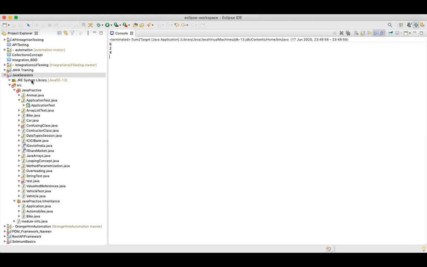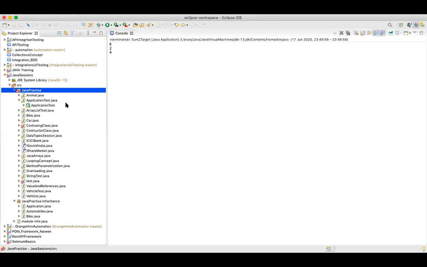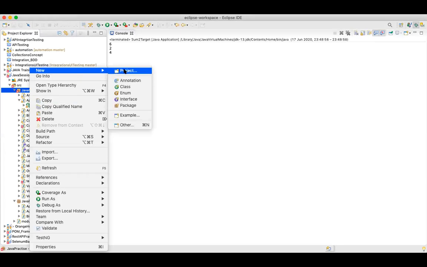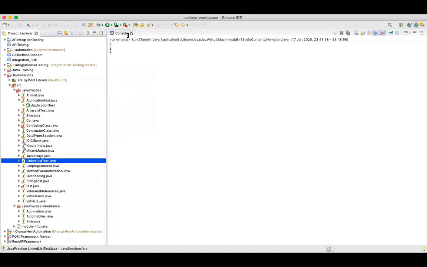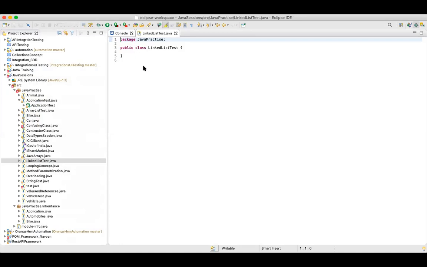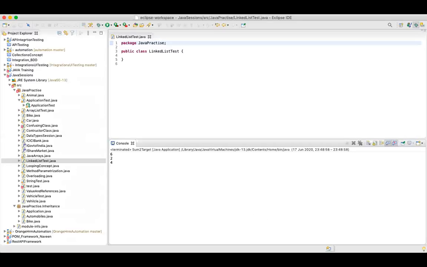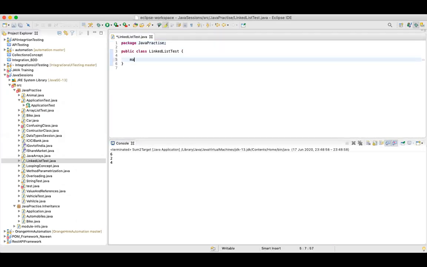First of all, let me create a new class for linked list, with a main method.